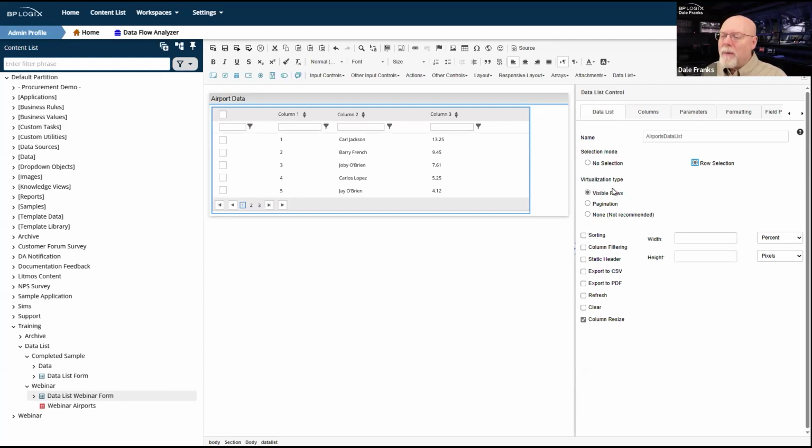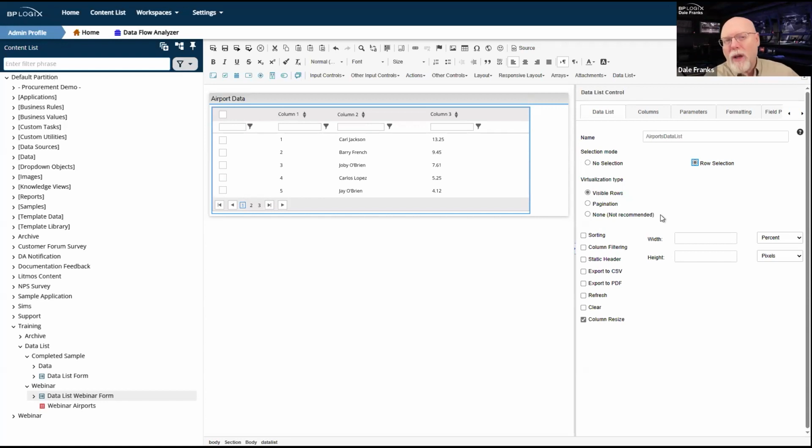Then we come to virtualization type. There are two types of virtualization, and one is none. Remember a few minutes ago, I explained that what happens is you've got this record set, but we're going to keep that in a cache.